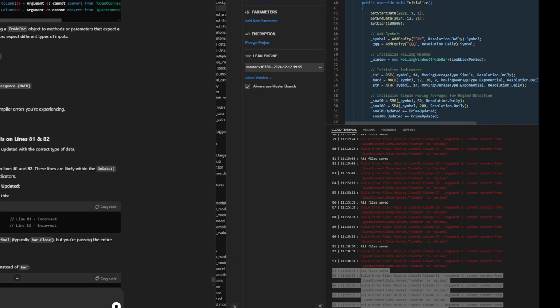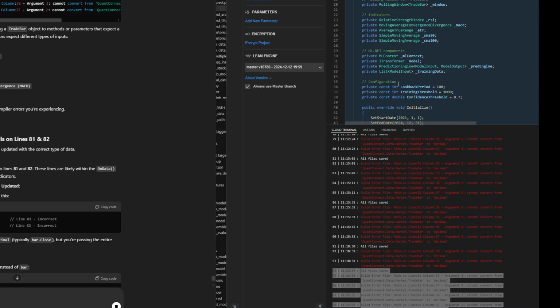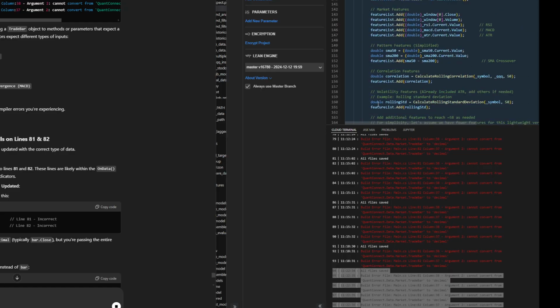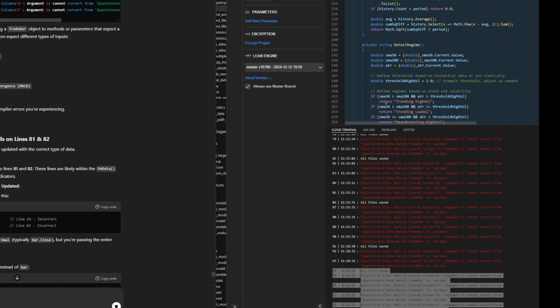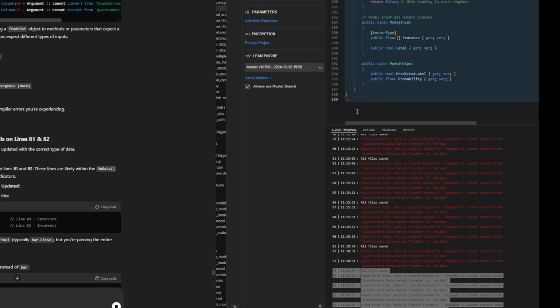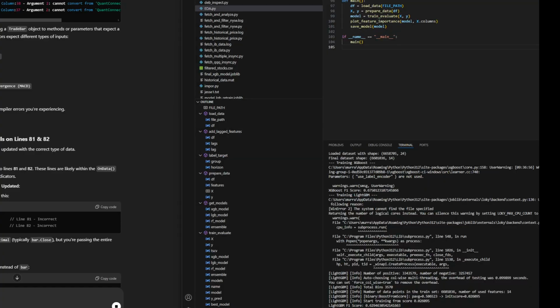It's selecting a few different things: RSI, MACD, ATR. I'll explain to you in a minute what it's trying to do anyway. Whether it works or not, then even when it does run, whether it's profitable or not is a different thing entirely. So that's what I'm doing while I'm waiting for this one to finish. I don't know how long it's doing that for.